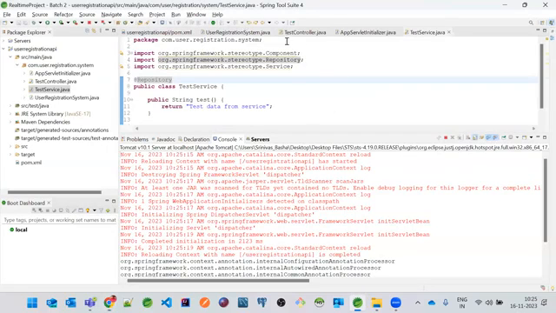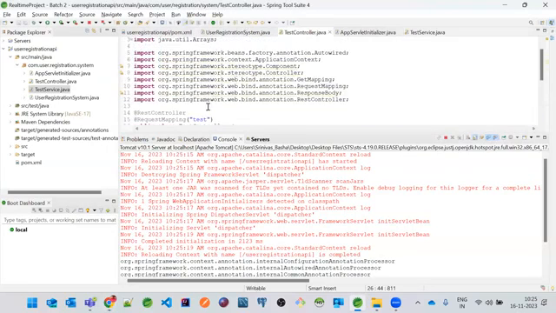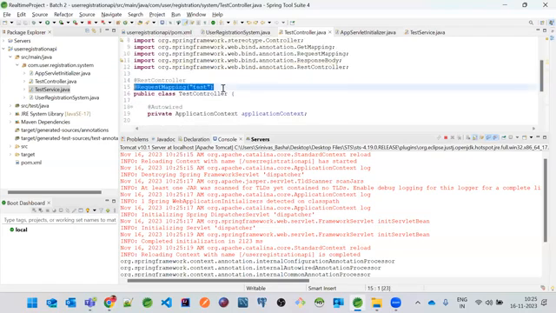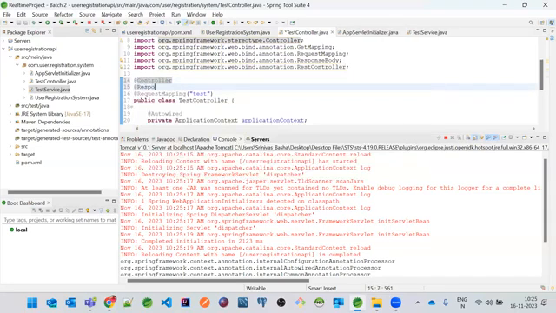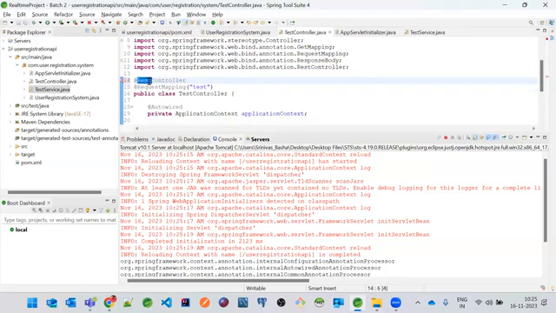Okay, now let's run this. This will work because only the controller class which has @RequestMapping has to be annotated. That means either @Controller has to be there with @ResponseBody, or @RestController has to be there. But here @Service or @Component or @Repository will not work. On top of the controller where there is @RequestMapping, only the @Controller annotation will work, and also @Controller followed by @ResponseBody.